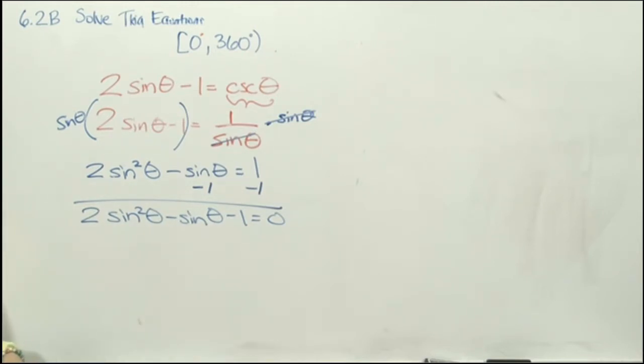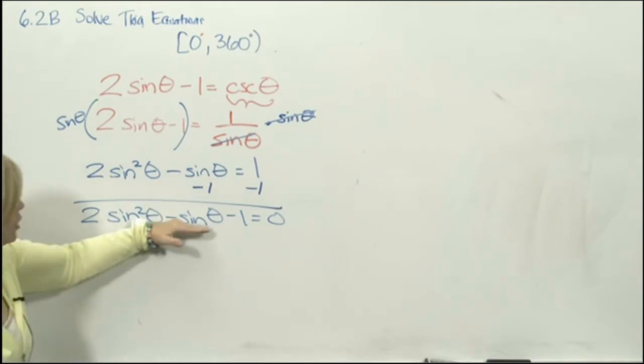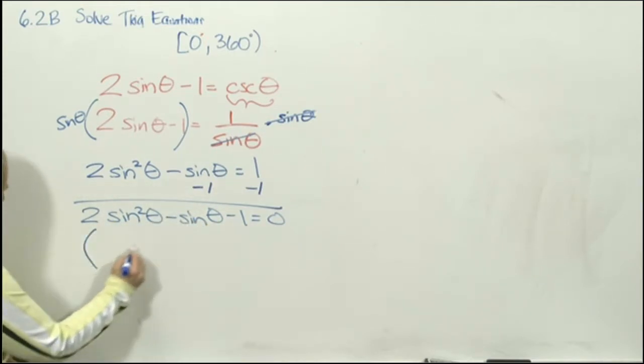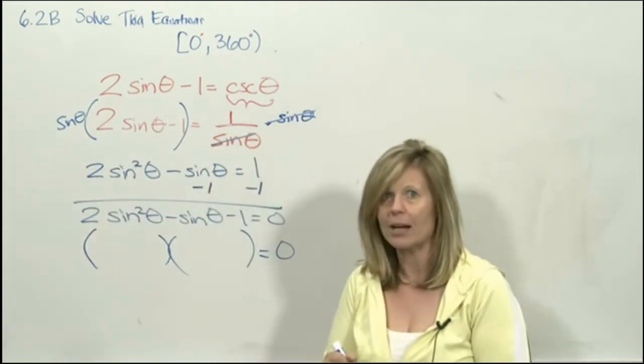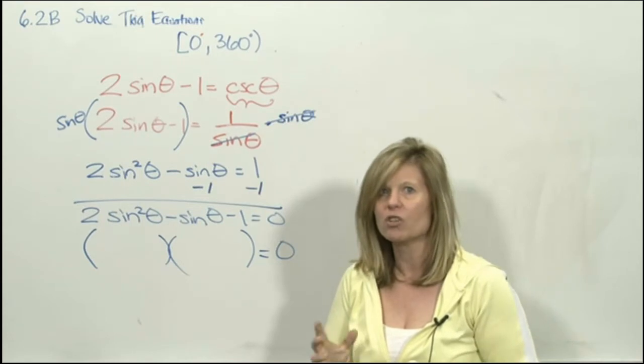I know what you're thinking. I don't know how to factor this. Yes, you do. There are 3 terms here: 1, 2, 3. This is a trinomial. It's backwards FOIL. Now, if that confuses you, everywhere you see the word sine, put an